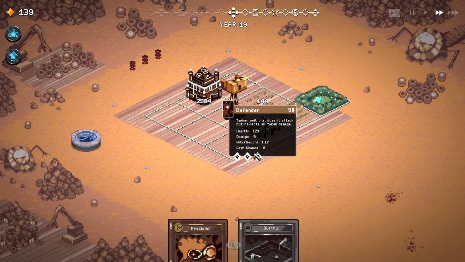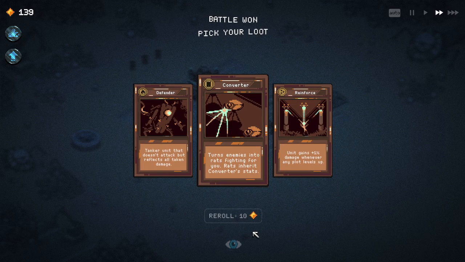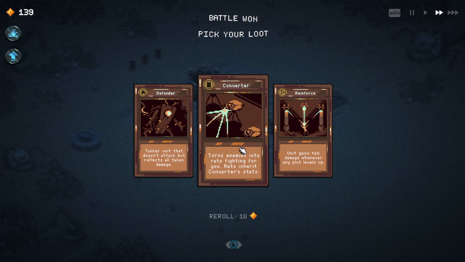Defenders are maxed out. They are. Don't need them. We can do converters. Turns enemies into rats. Rats inherit converter stats. Rats inherit converters. I never understood that. So, I mean, I can certainly...